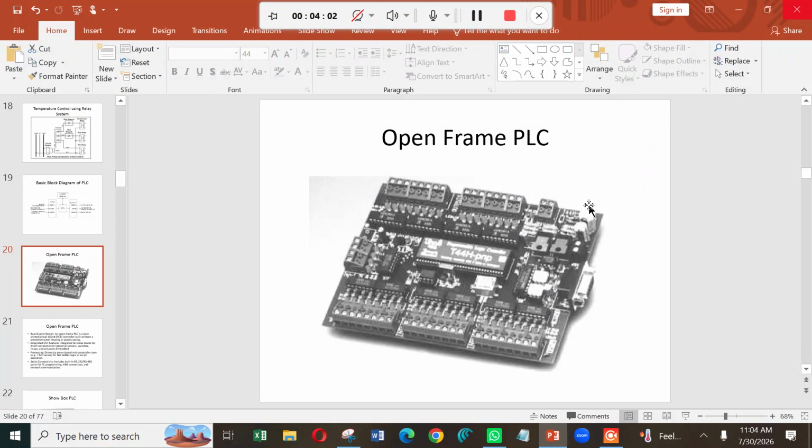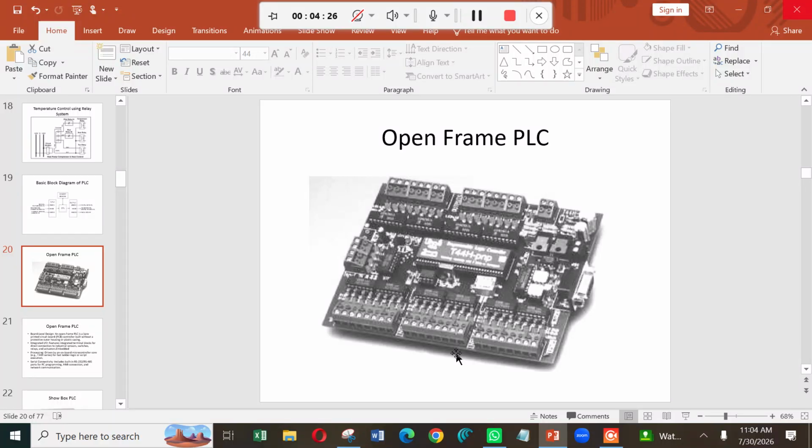Now, what are the main points about this open frame PLC? According to this one, are you able to see where is that microcontroller? So this is the microcontroller. Okay, and this and this can be inputs and outputs. Any one side can be inputs, and another side can be outputs.